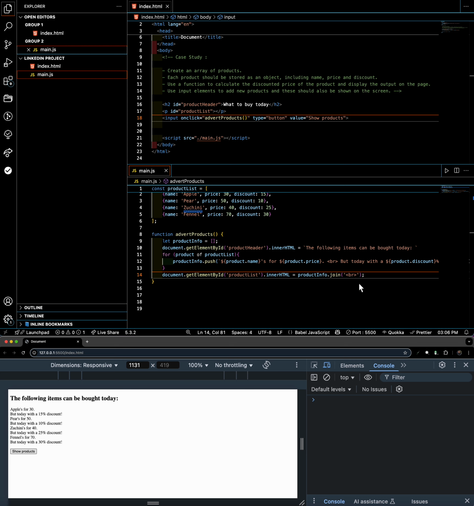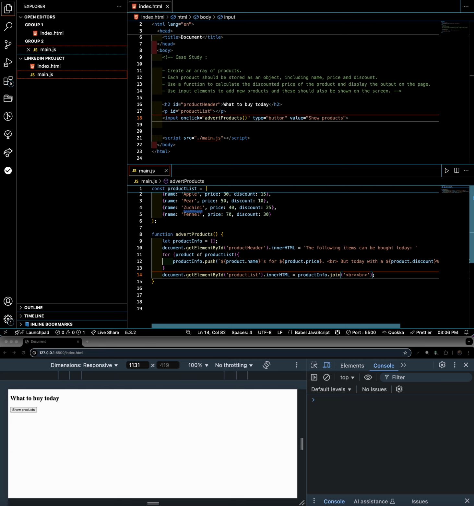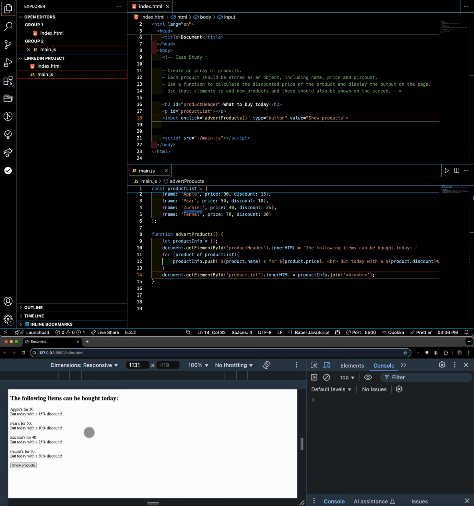So to make it a little bit easier to read, I will use 2 line breaks here, and then let's go. So looks much nicer. So now I have shown all products on the screen,